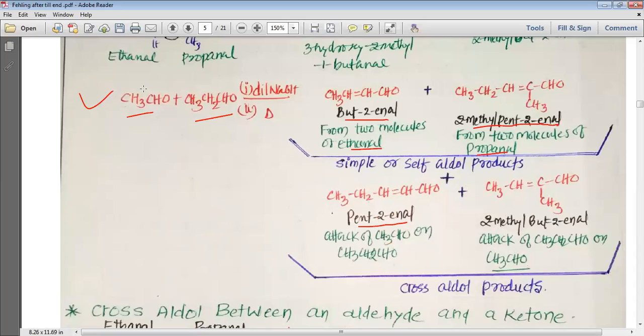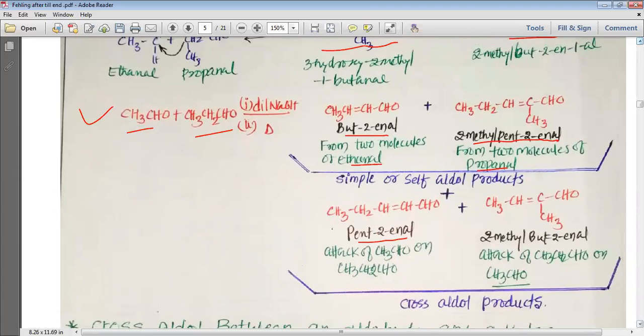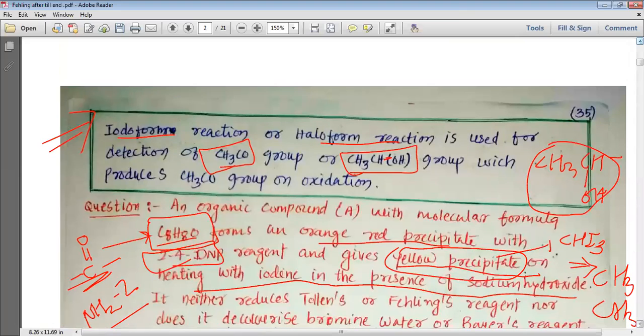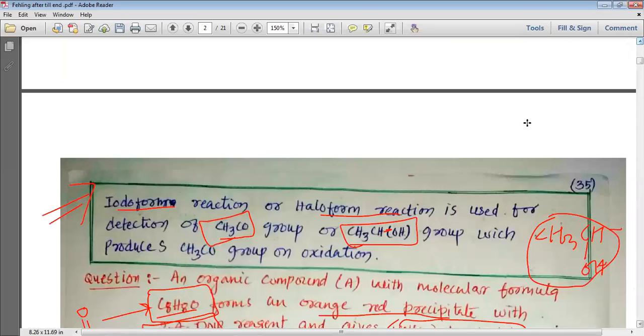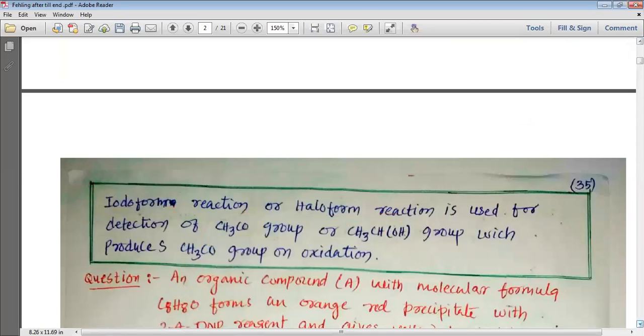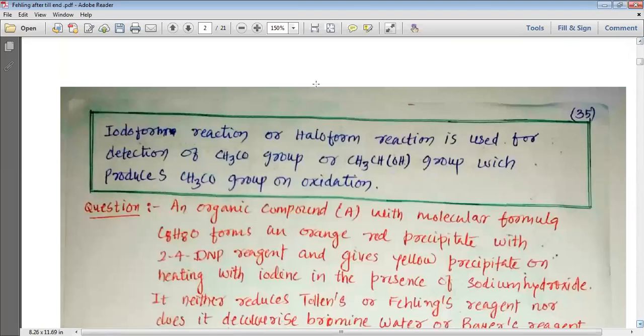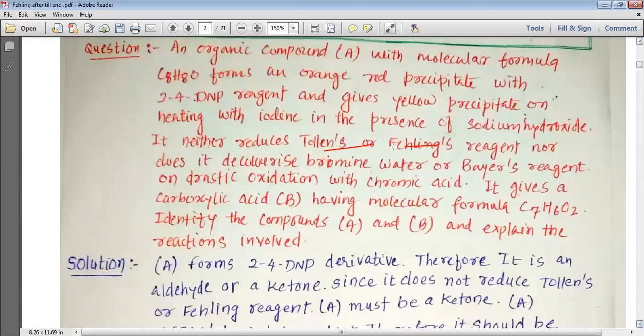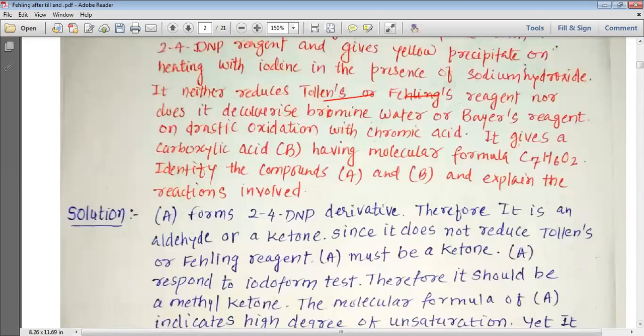So this is how, my dear students, we understand the aldol condensation. Let us revise what we have studied. Today we have started our discussion of class with one of the problems. So we have solved this problem, and we found that to solve this particular problem, we need to use our knowledge of the Fehling test and Tollens test. We need to use the knowledge of the iodoform test, and we need to use that the unsaturation is not possible because the compounds do not